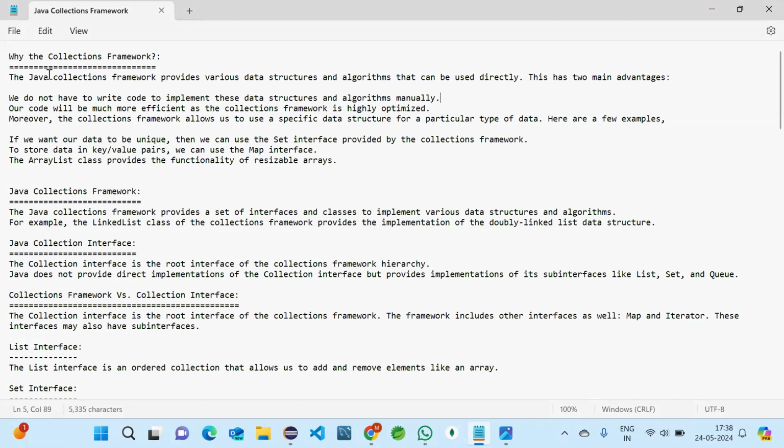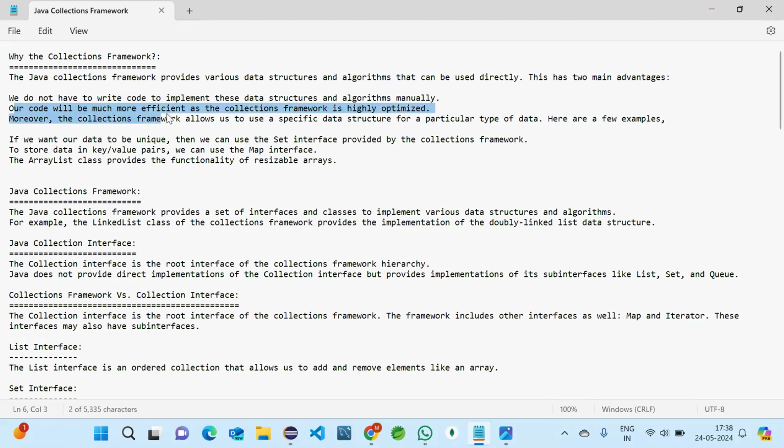Sure, ma'am. Now we are discussing why the collection framework. As I said, it provides data structures and algorithms. Coming to advantages, we do not need to write code to implement them. Whenever we use data structures in Java, we implement the interface and then directly use them. I will show how to do that, then you will get it.